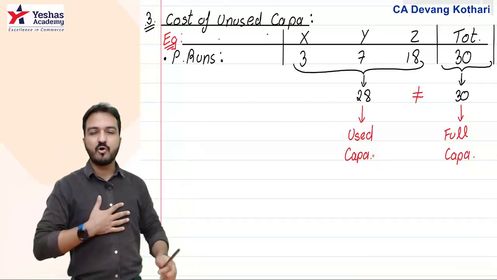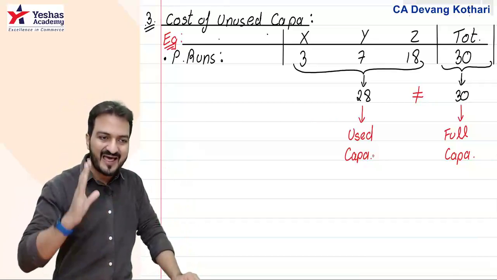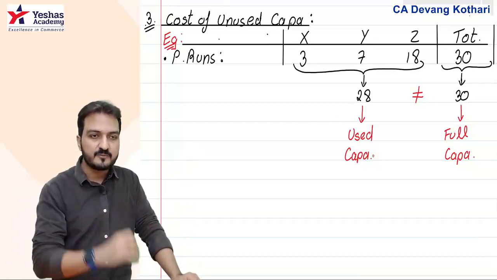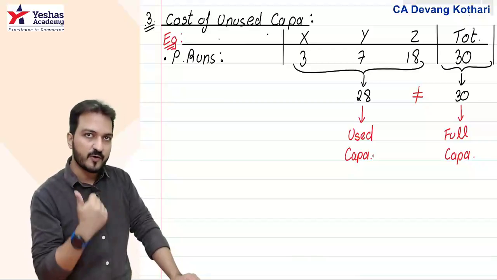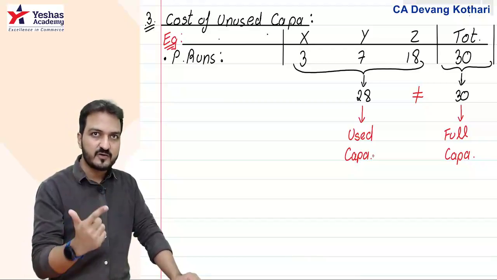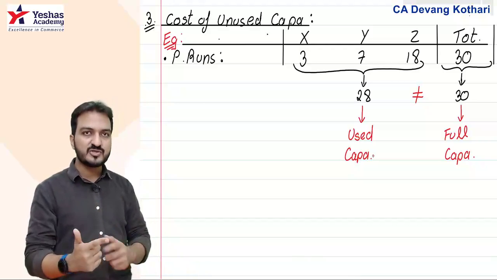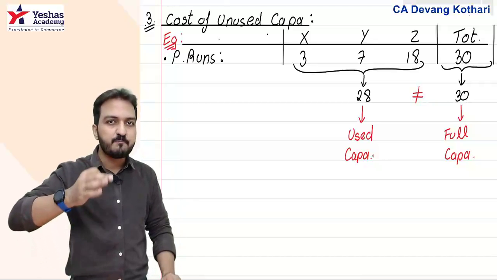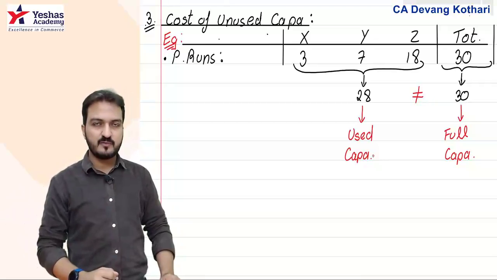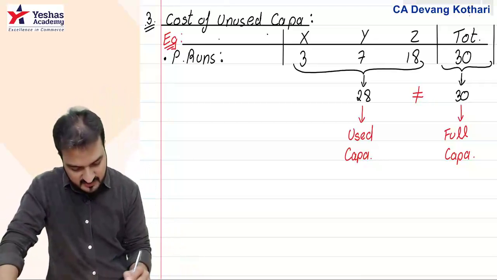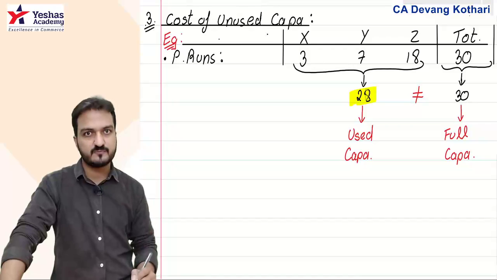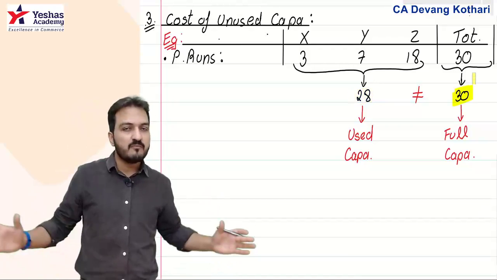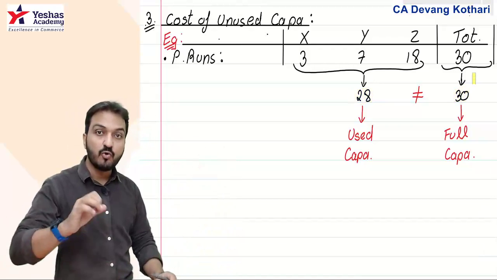It shows that according to my estimate, according to my plan for the next year, I plan to run production setups 3 times for X, 7 times for Y, and 18 times for Z. So total only 28 production runs I plan to use. 30 production runs is my full capacity that I can use, but maybe I have planned to use only 28